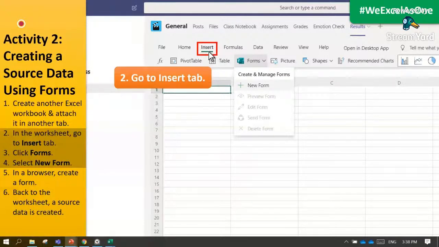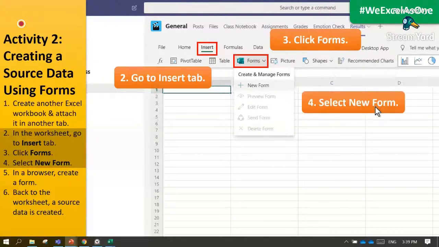Under the insert tab is forms. After clicking forms, a drop down list will appear for you to select new form. The other options there are not activated because you don't have forms yet. So the first thing to do is to select new form for you to create a form.